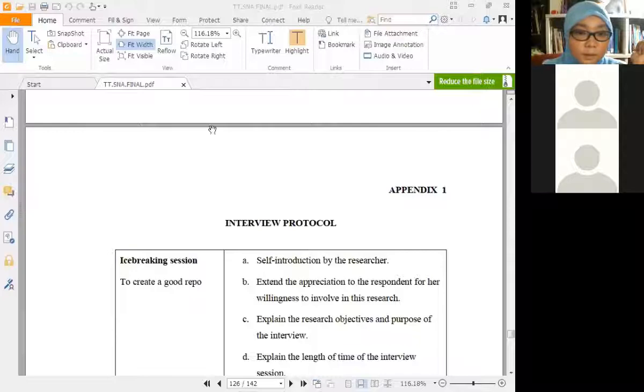Sekejap. Ni contoh dia. Okay, ni dia punya